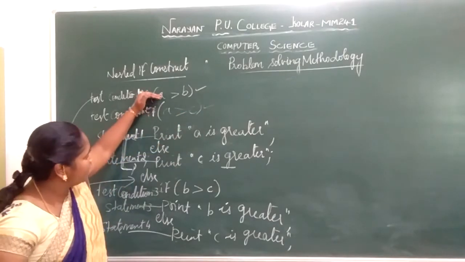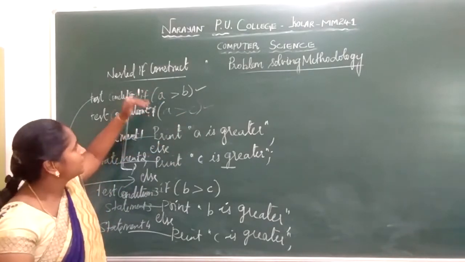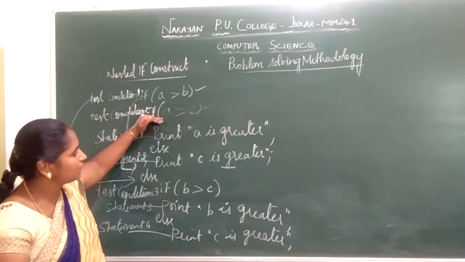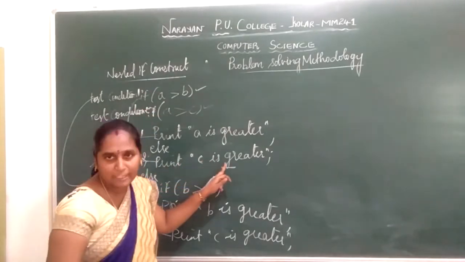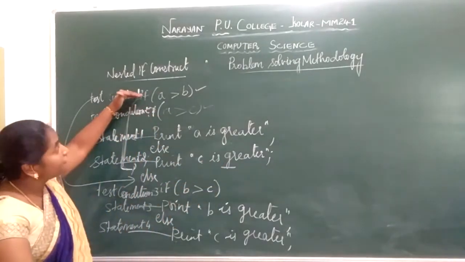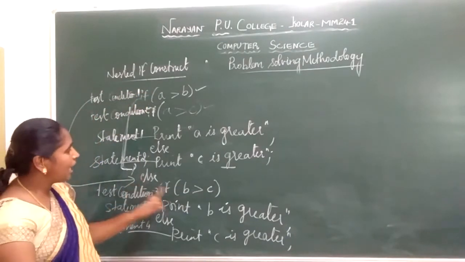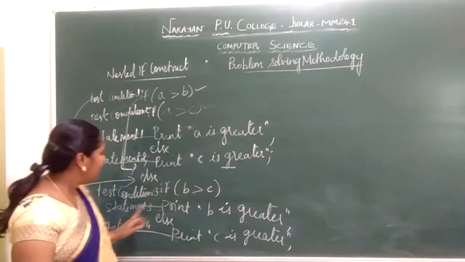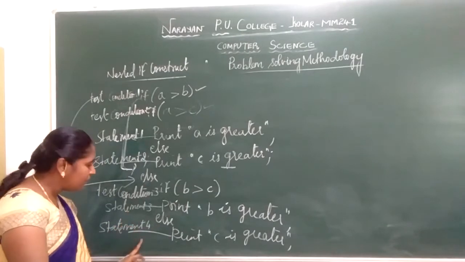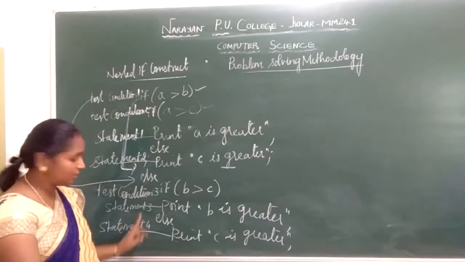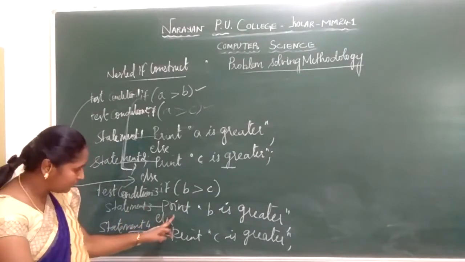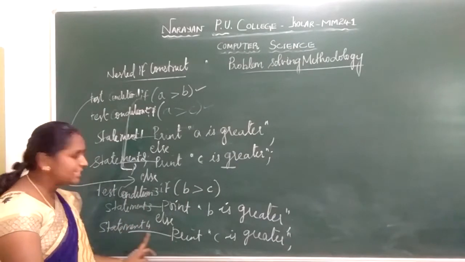If the main if is satisfied but the second, that is the nested if, is not satisfied, then you are going to print statement 2. If the main if statement itself is false, then you go to the main else statement. I am going to check for condition 3. Then you are going to execute statement 3. If this fails, then you are going to execute statement 4.